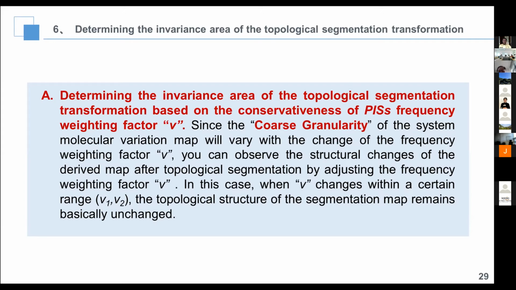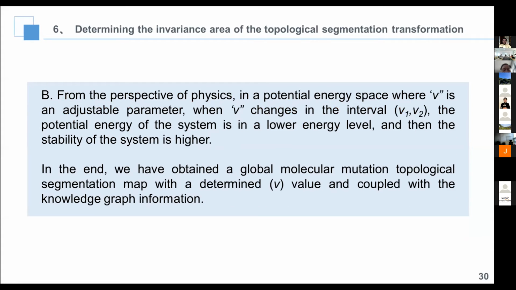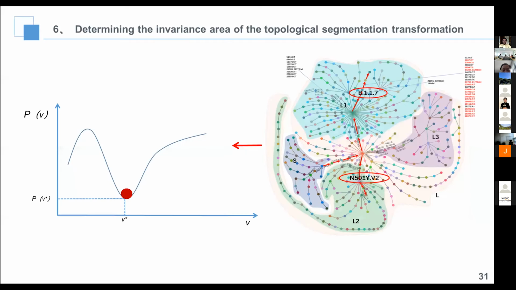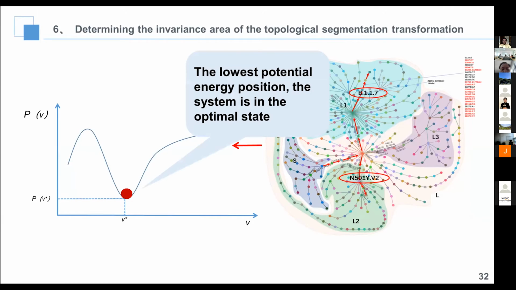In this case, nu changes within a certain range, and the topological structure of the segmentation map remains basically unchanged. So this means here we got the point, the lowest potential energy position, and the system is